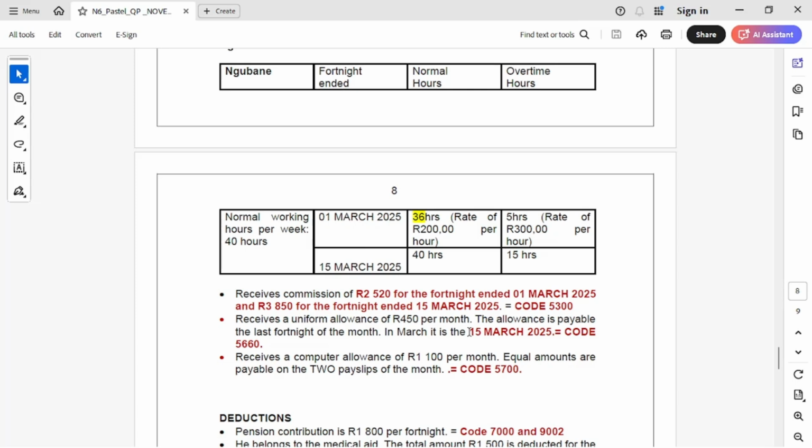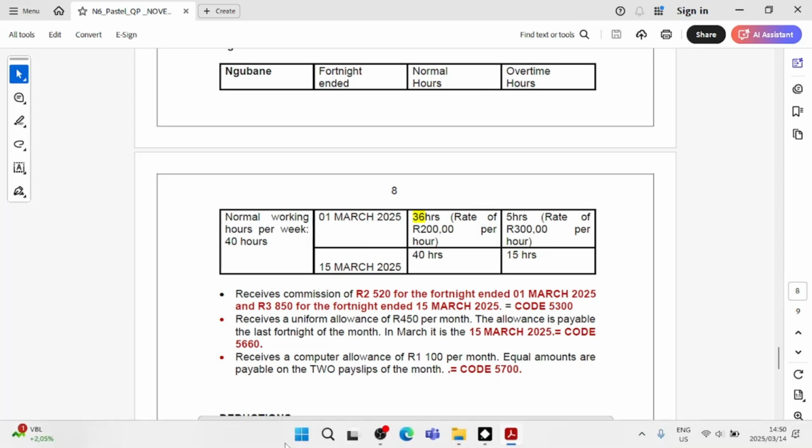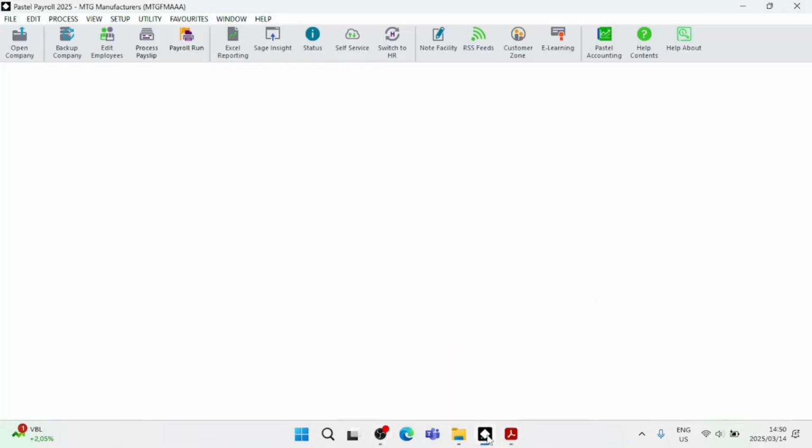So this is how you'll go about doing it. Remember, we are now in period 2. You have realized you made a mistake on period 1. So you've printed period 2 and now you've realized I've made a mistake. I'm happy with my period 2 work, but my period 1, I made a mistake. So what do you do now? You've printed your work,